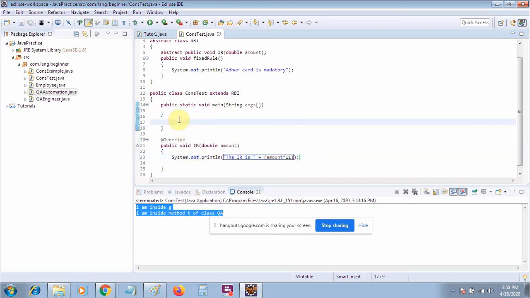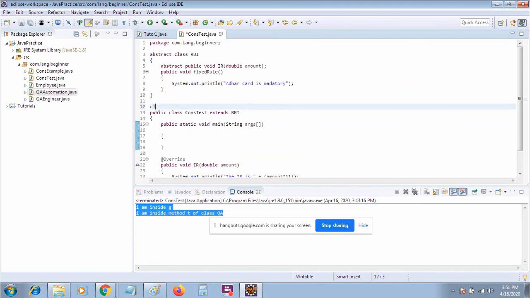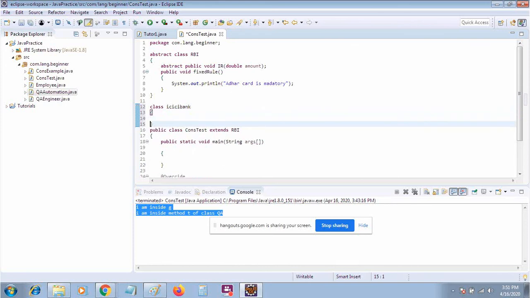Now I will simply create the object of my class and execute the method. Let me create some other class, suppose a class of ICICI Bank. Inside that class, it is extending the RBI class.